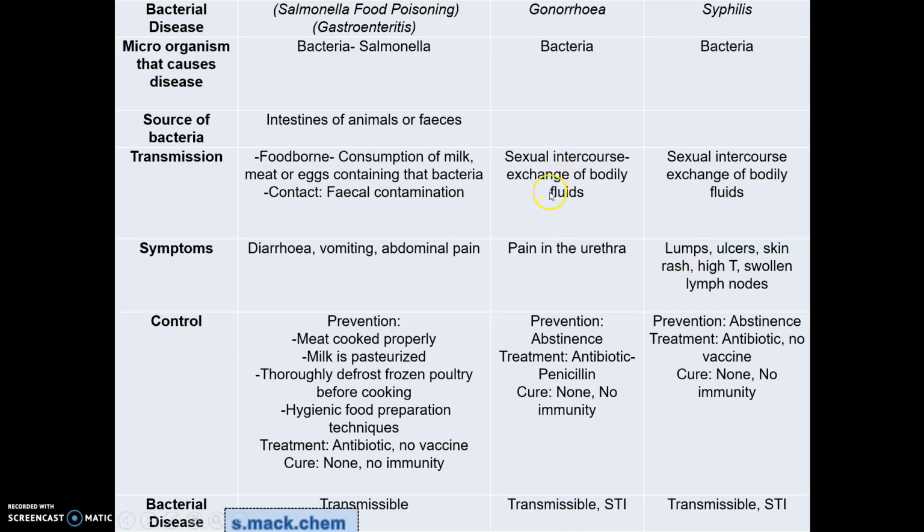I just need you to know they are both transmitted sexually, as well as an idea of how you prevent or treat both diseases. The prevention recommended for both of these sexually transmitted diseases will be abstinence. And the treatment, because they are both caused by a bacteria, as well as salmonellosis, would be the use of an antibiotic. It may not be the same antibiotic used to treat salmonella. It may be a stronger antibiotic.